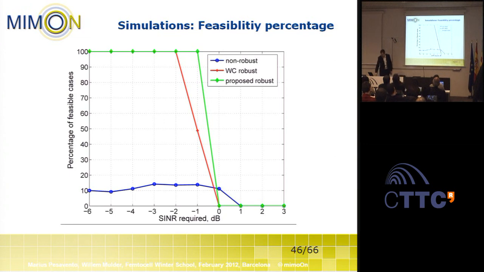For our case, we see that as long as the SNR targets, the minimum quality of service requirements, are not exceeding a particular value, our beamformer design can always, even with mismatch, achieve 100% feasibility. However, if we would use a non-robust design, due to the mismatch, we may, in some cases, end up with an unfeasible beamformer. So this would mean that quality of service requirements in this non-robust design would be violated because of the channel